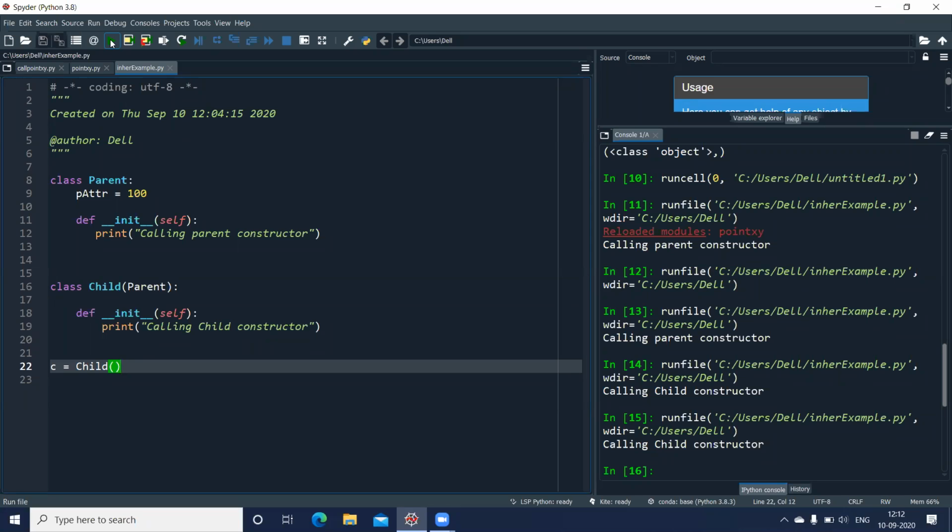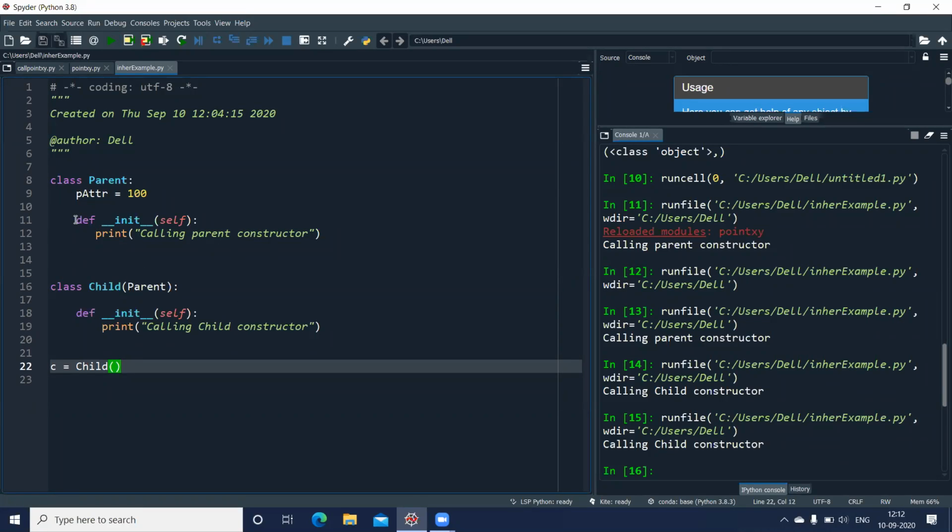Simply because whenever I create an object of the child class, it will first go to my constructor here. Now, in the previous case, I had made a mistake, so the inbuilt constructor was getting executed, and that's the reason only one message was getting displayed.